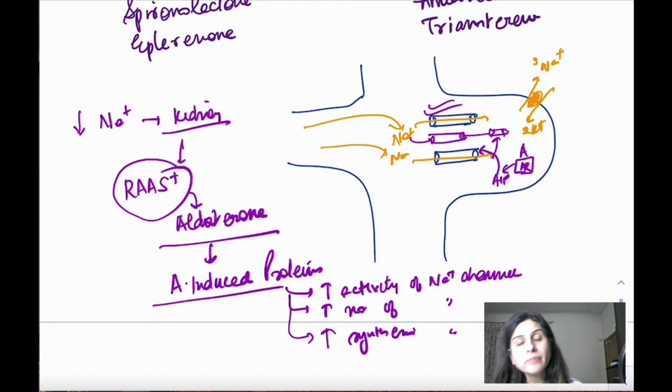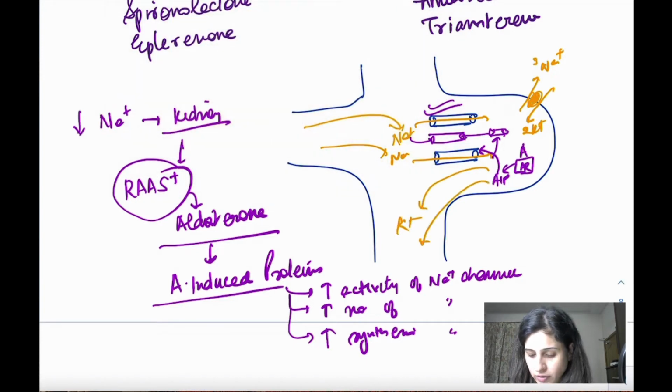So more sodium will be taken in, and when more sodium is taken in by these channels, there tends to be loss of potassium ions in exchange. Potassium ions and even hydrogen ions can be lost because of this exchange. So this is happening normally. Now what happens when you give potassium sparing diuretics? That means they are going to spare potassium. They are going to keep potassium inside. They will not let it go out; they will save it in our body.